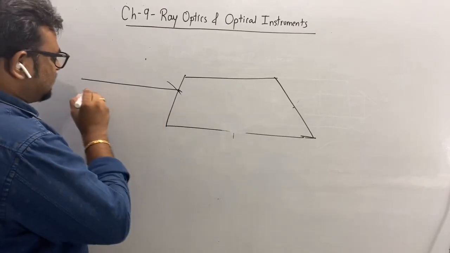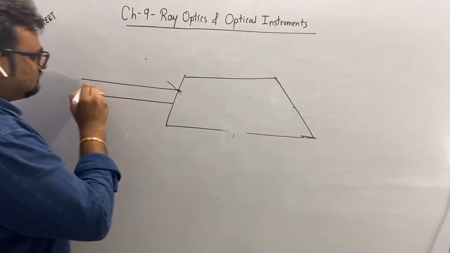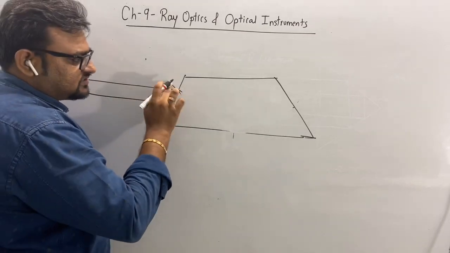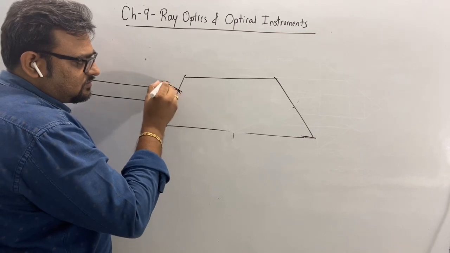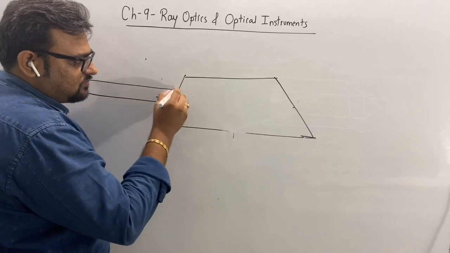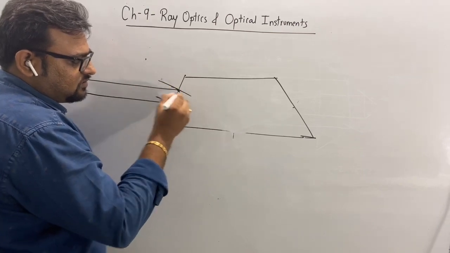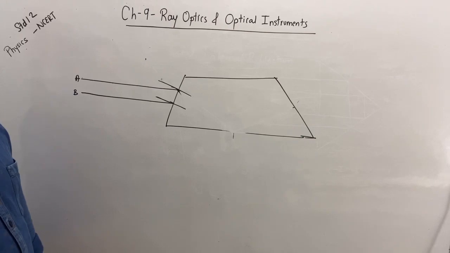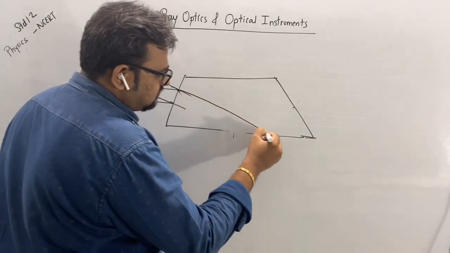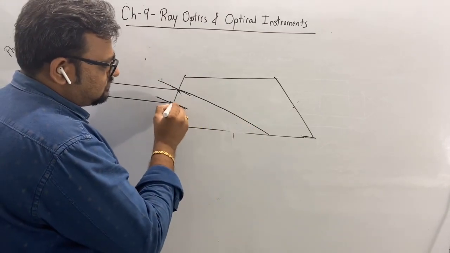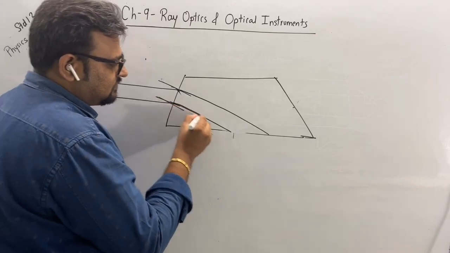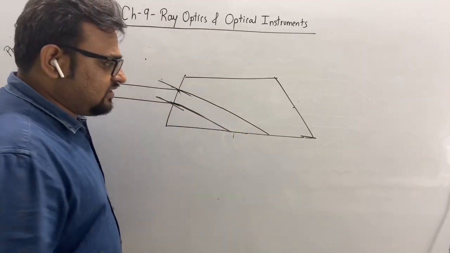Let's take two rays together. Let's take this position as A and this as B. So see, this is the normal, meaning 90 degrees. Okay, so what will happen? It will bend towards the normal, so it will be in this way. Okay, now the reflected ray